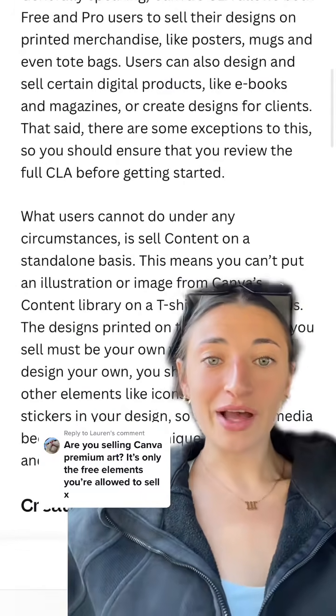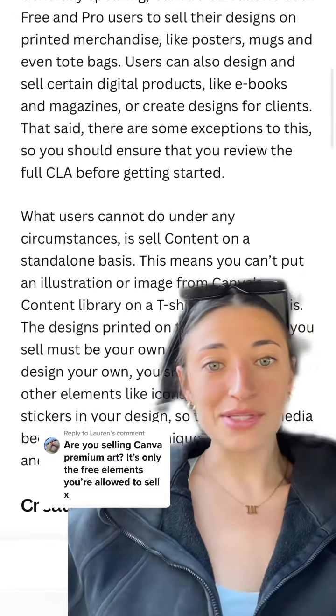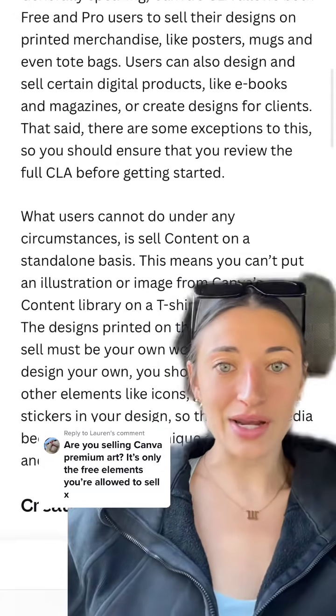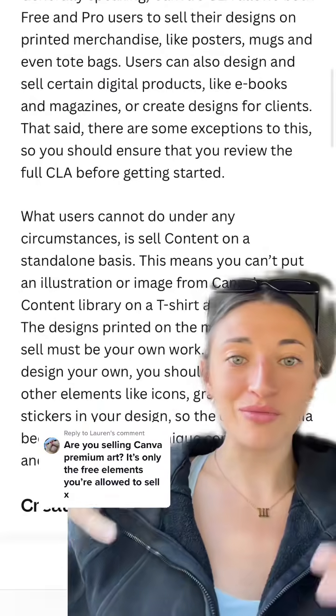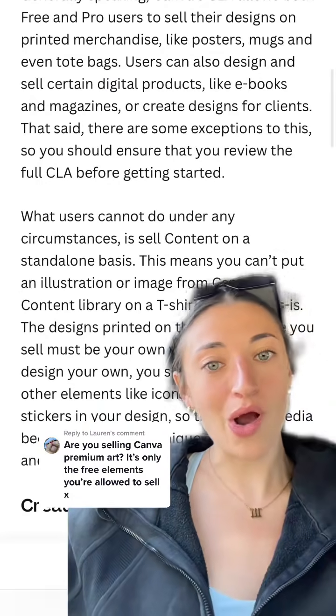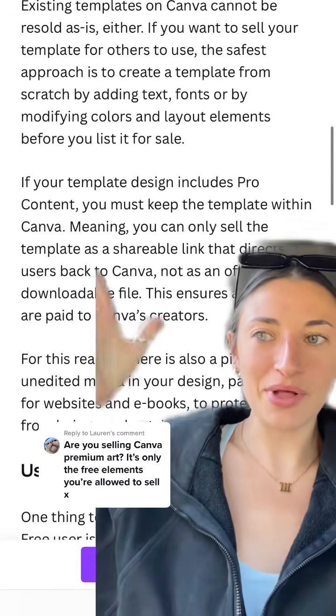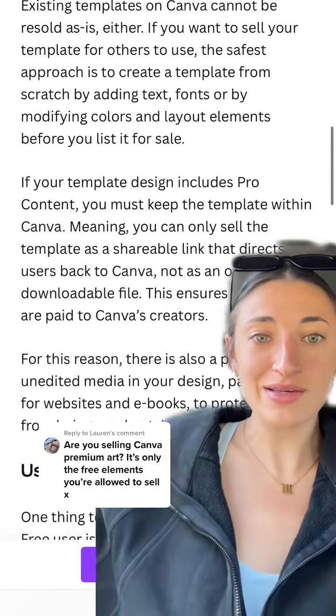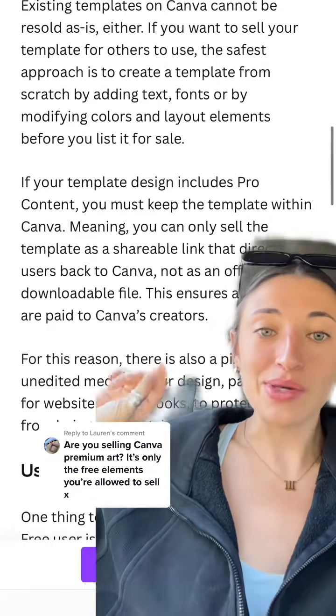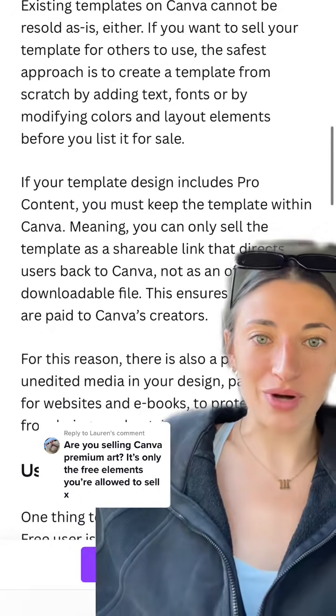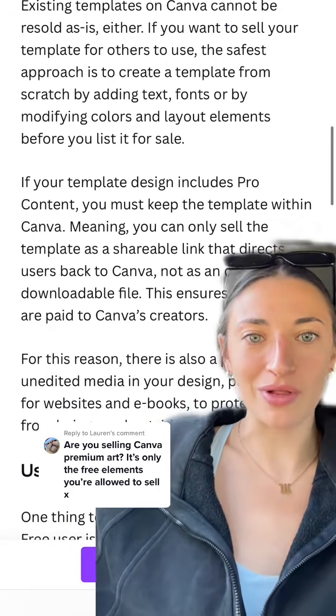If you take a Canva element and you combine it with other elements or text to create an original design, you are able to sell that, regardless of whether you're using free or pro elements. When it comes to templates, you can't sell an existing Canva template and pass it off as your own. That's basically the same thing as selling an element on its own. What you can do is create a template from scratch in Canva and then sell the template link that you've